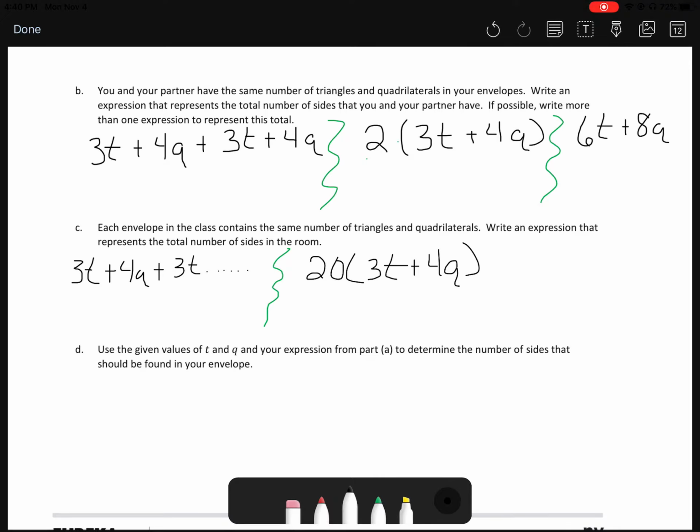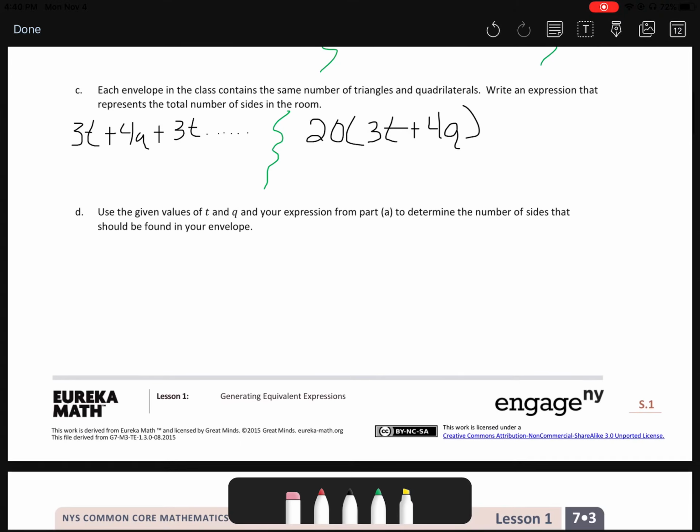Now let's get on to part D, and this is where you can open your envelope. So you can open your envelope and figure out the number of triangles and quadrilaterals you have inside your envelope. So D, using the values of T and Q in your expressions from part A, determine the number of sides that should be found in your envelope. So first it says to use that expression from part A,